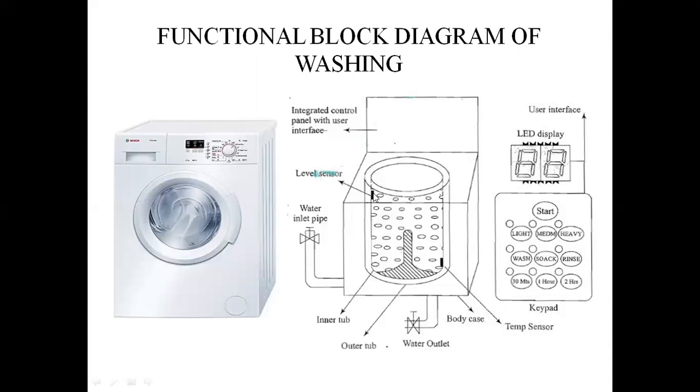So in a top loading model, the agitator of the machine twists back and forth and pulls the cloth down to the bottom. So if you put a cloth here, it is going to pull the clothes to the bottom of the tub. On reaching the bottom of the tub, the clothes work their way back up to the top.